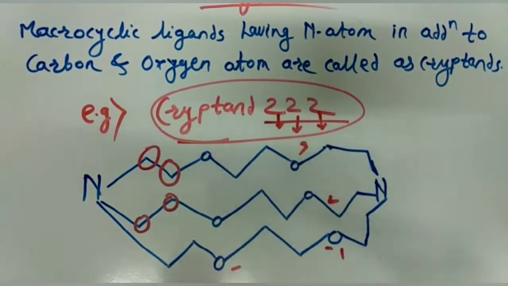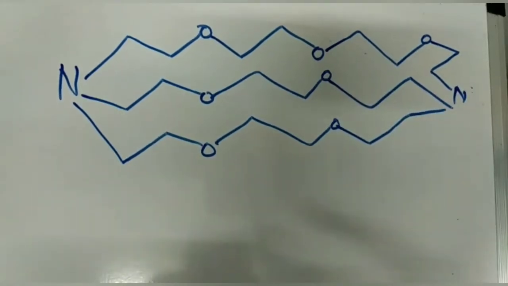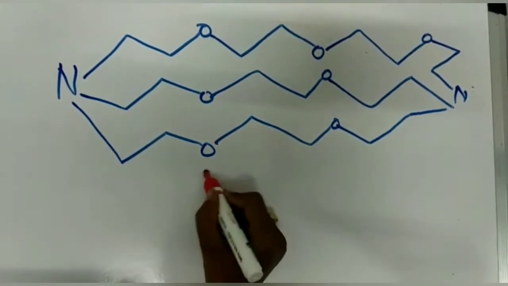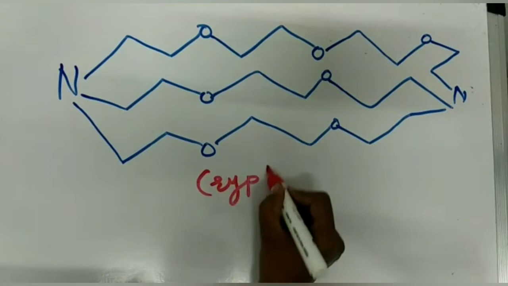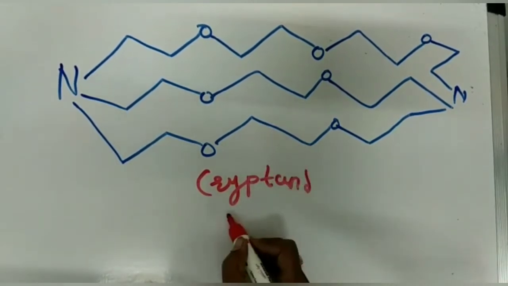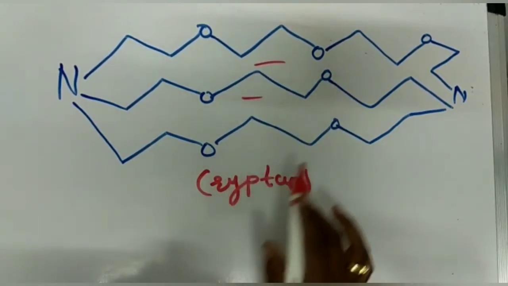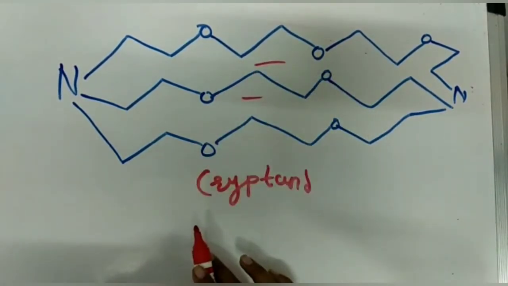Generally the cryptand is more selective than the crown ether in complex formation. Let us study the next example of cryptands. Here is the second example. How is the nomenclature considered here? First of all we write cryptand. Cryptand means a cavity is generated in this particular portion and the metal atom gets attached to it.